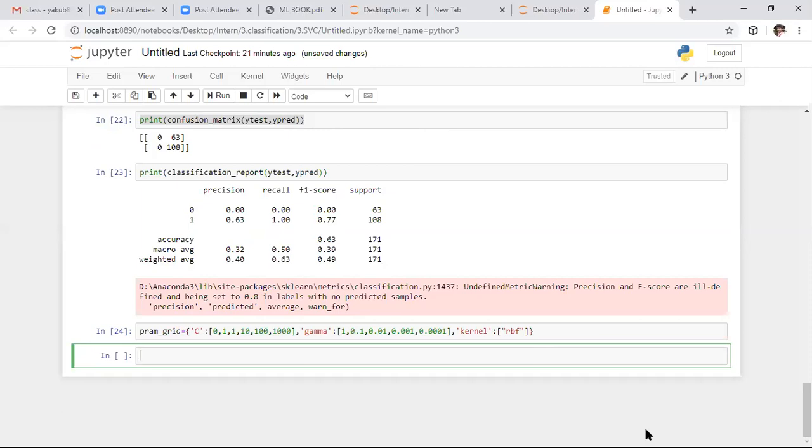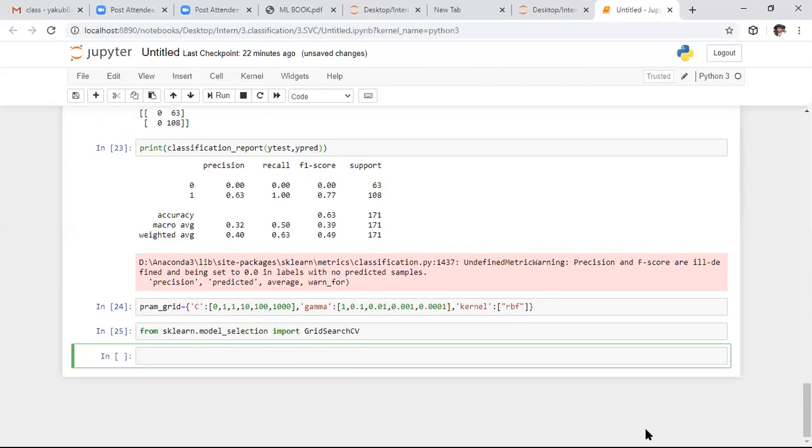CV stands for cross-validation. So I want to import that from sklearn.model_selection. From model selection, we need to import GridSearchCV.